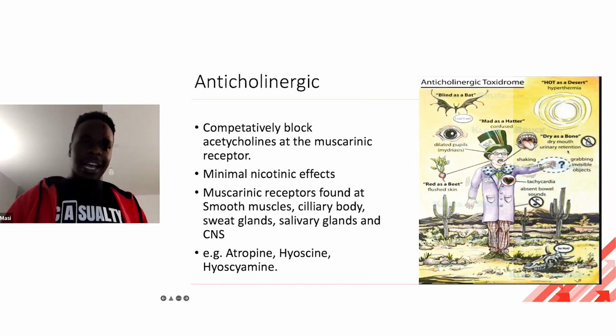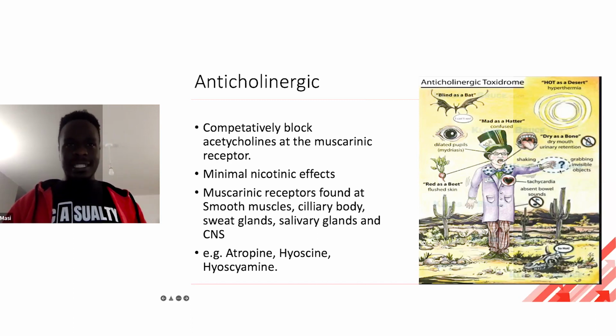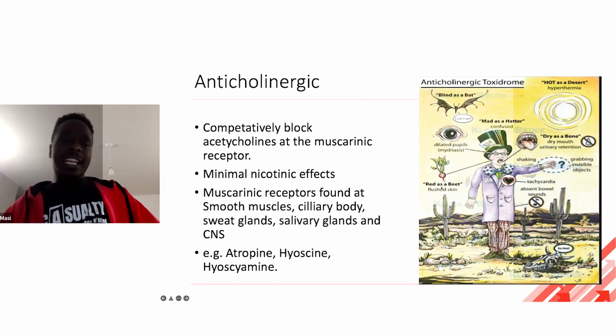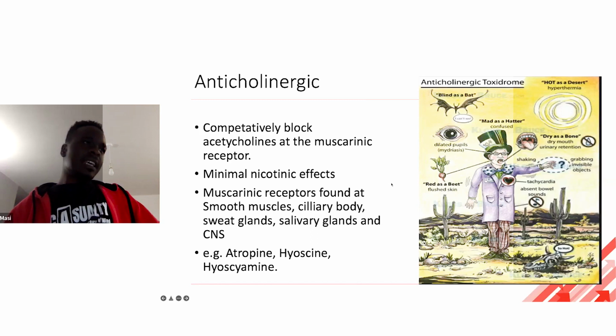Remember, the other one had incontinence and had diarrhea. This one has the exact opposite. So this patient would also be blind, red as a beet. So they'll have flushing of the skin. How does this happen? This is because